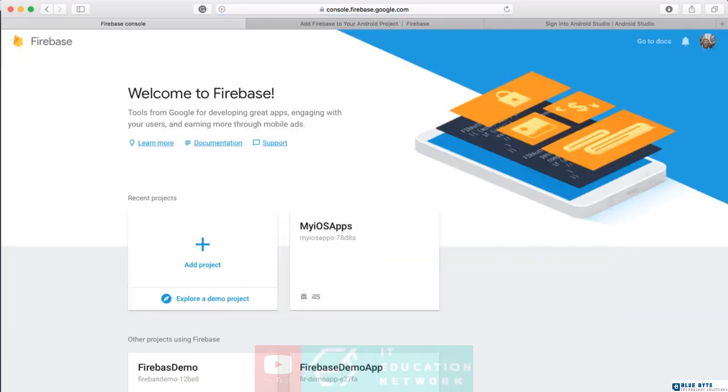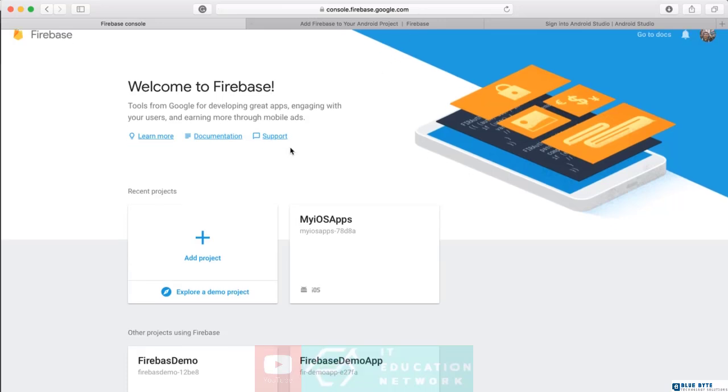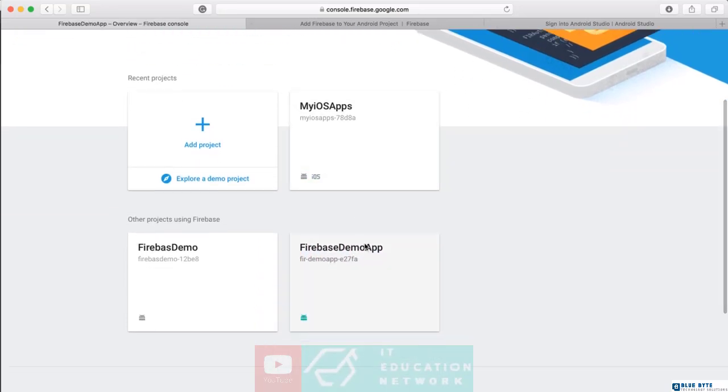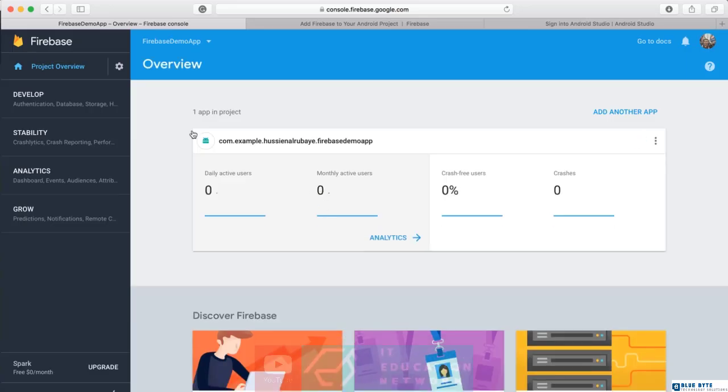Just a single click, he connected and he created the project and everything for you. If you see, this is my project, Firebase App Demo. If I click on it, I will see everything that I want. I have only one project, named it